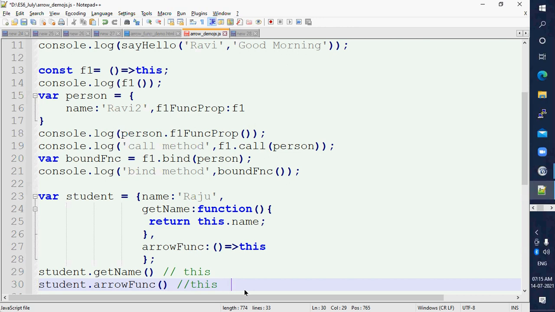For arrow function, we are getting window. Okay, so for get name, this will bind to the student object, correct? Yes. For arrow function, it will be the window object. Why? We have created this in the outer scope, which is the